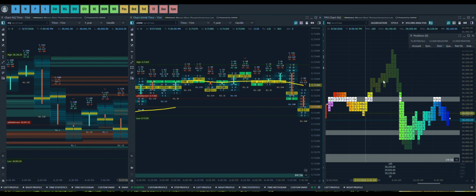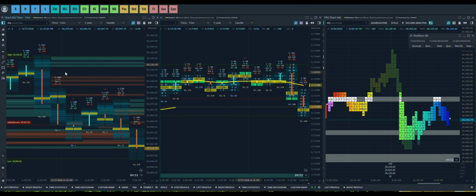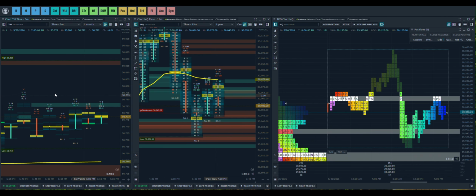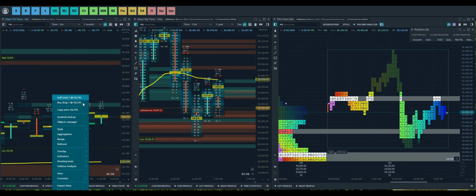That's how my middle chart would normally look. And also here you have my TPO chart, right? So I am going to clean this up. If you right click on this and you drag it, it essentially gives you a quick ruler, so you can see how much money, how many ticks, the time it takes to reach a level, things like that. Now, if you want to go ahead and adjust this, what you would do is go to settings,